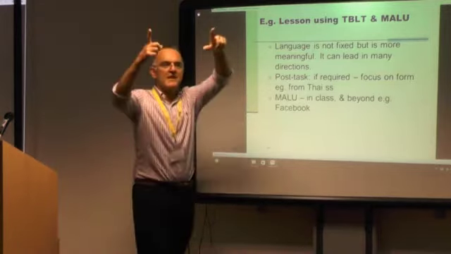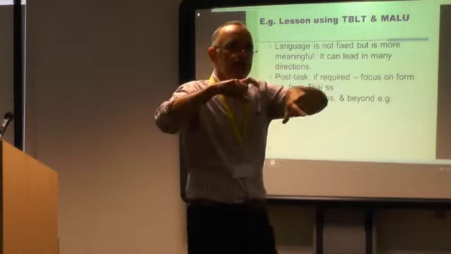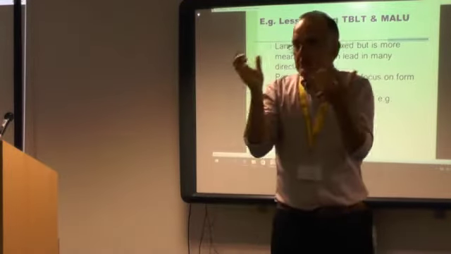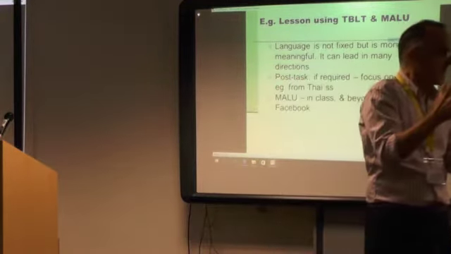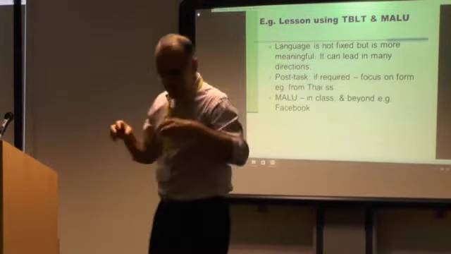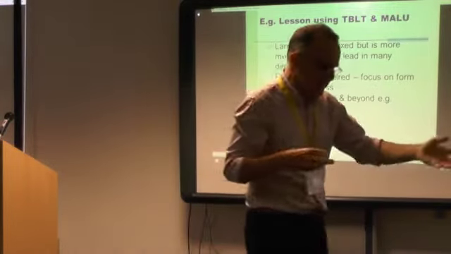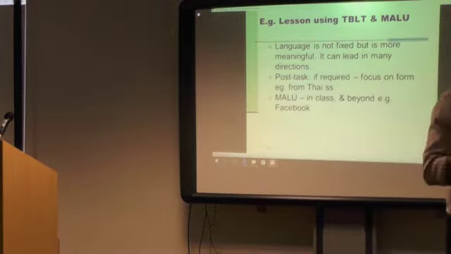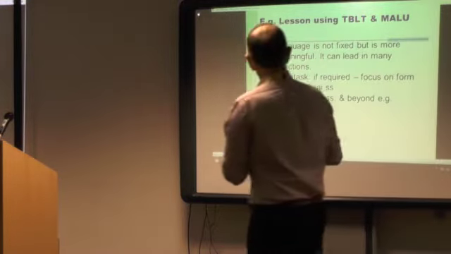Mobile-assisted language use in this case starts in the classroom. It's an authentic kind of thing. People do take pictures on mobile devices and talk about what they did. The conversation goes in any number of directions. Where did you go to eat? What kind of meal did you have? Was it cheap? What football match? Who was a good player? Who was a poor player? Is the manager going to survive?